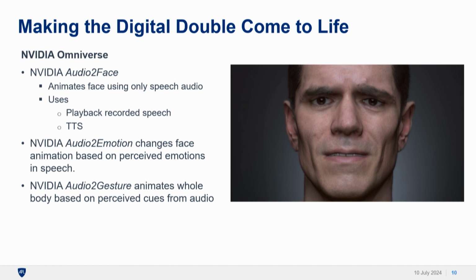We don't have to do anything. We almost don't do anything for this except stitch it all together. Then there's a final really cool capability that we just started playing with, which is audio to gesture. This takes the audio, and instead of just having the head stand there and talk,